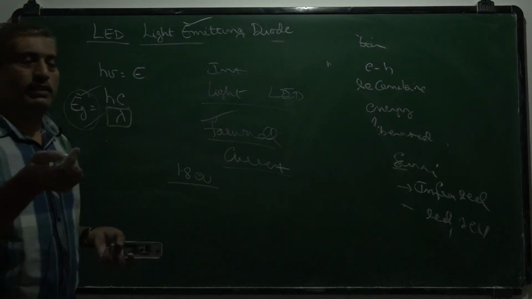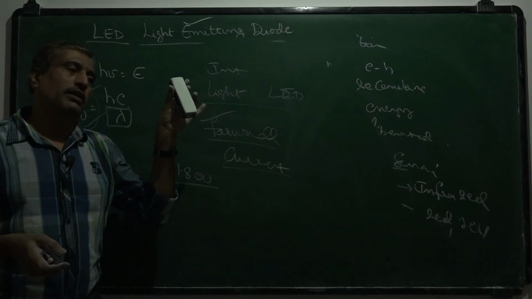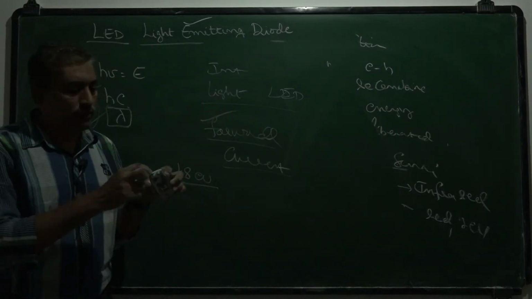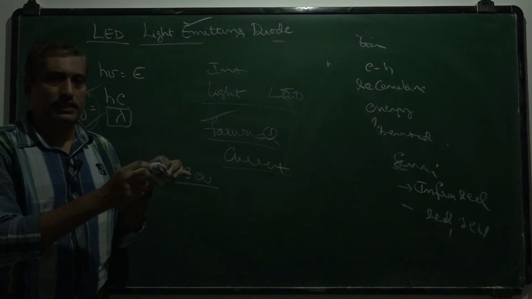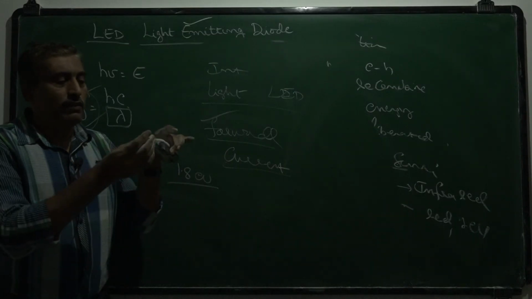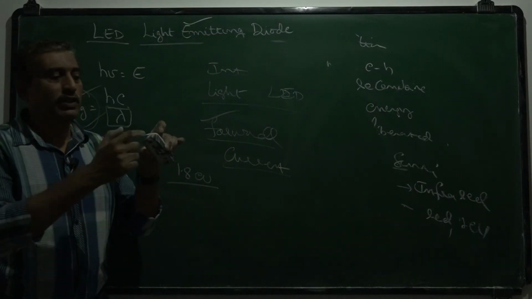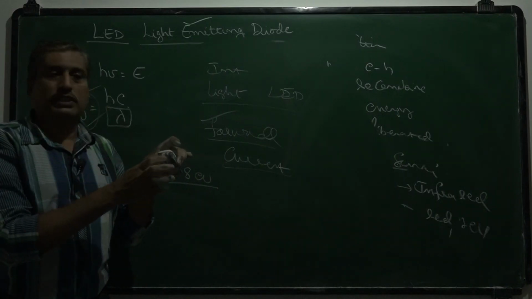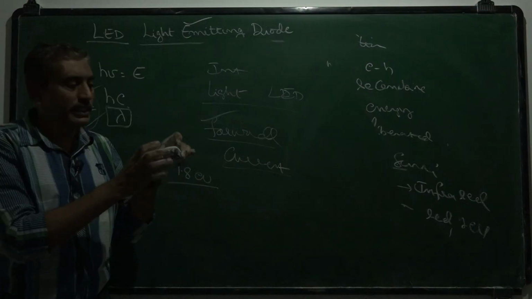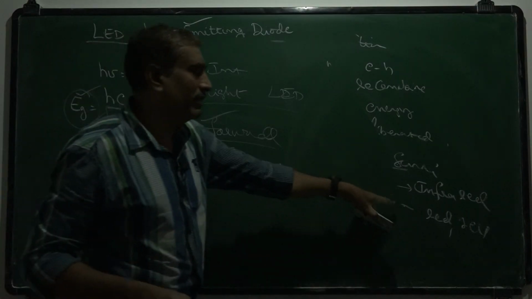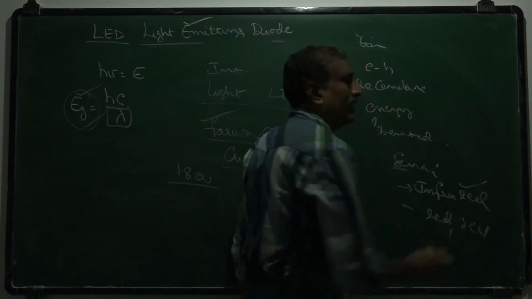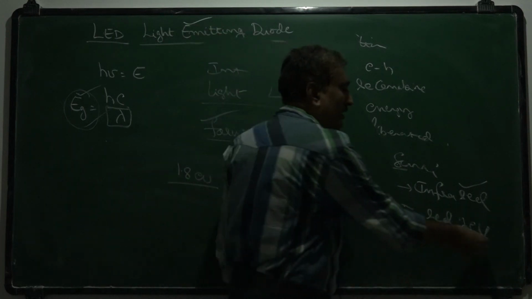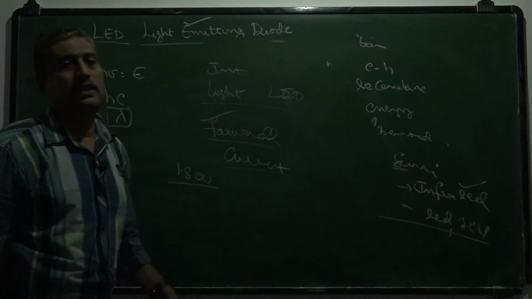One thing we can say is, in our AC remote or TV remote, there is an LED there. Okay. But if we switch it on, we can't visualize any light from the device to the remote, because it is a gallium arsenide one, which emits only the infrared region, which is not visible to us. But in other cases, we can observe visible light from the LED. Okay.